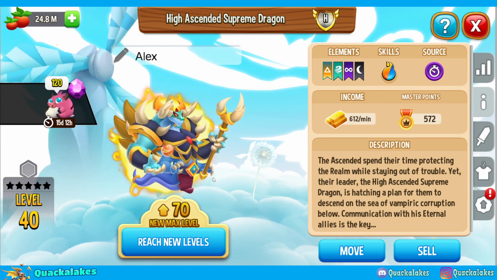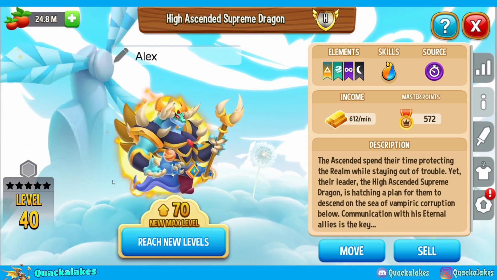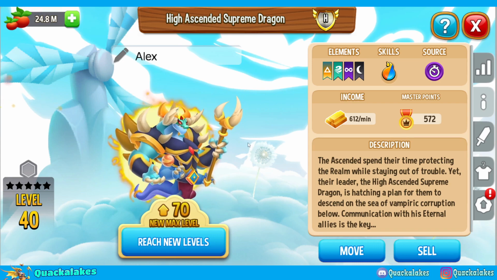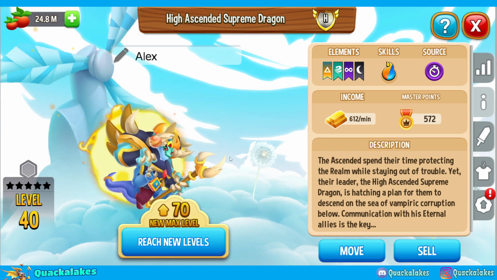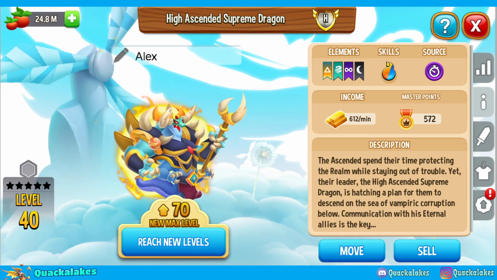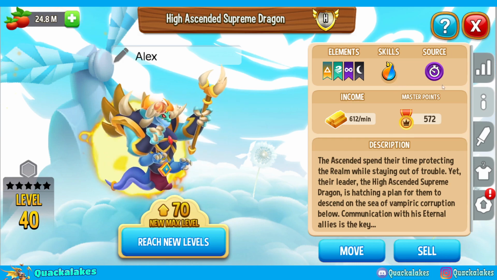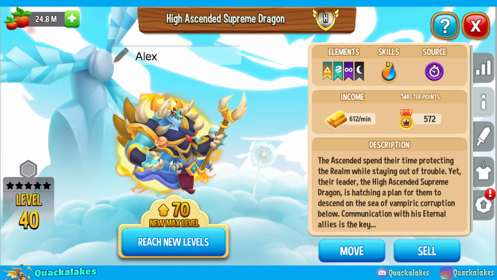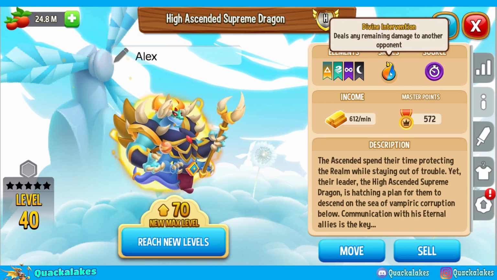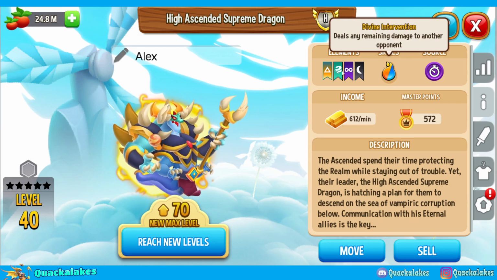Now, High Ascended Supreme, some people don't really like him as much when he doesn't have a skin. With skin, he's probably one of the best dragons in the game, like easily top 5 in the game. Without skin, however, he is still very, very high up there because he is a heroic dragon with skill. And, you know, even High Occult Titan, despite the fact that his only skill is a shield, he's still pretty decent. But High Ascended Supreme has Divine Intervention as well, which deals any remaining damage to another opponent,